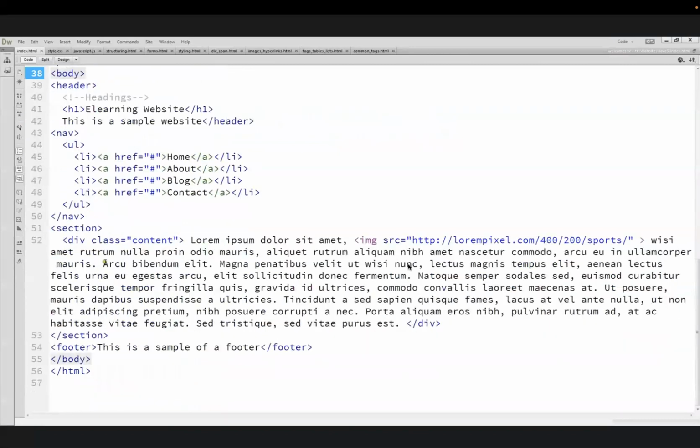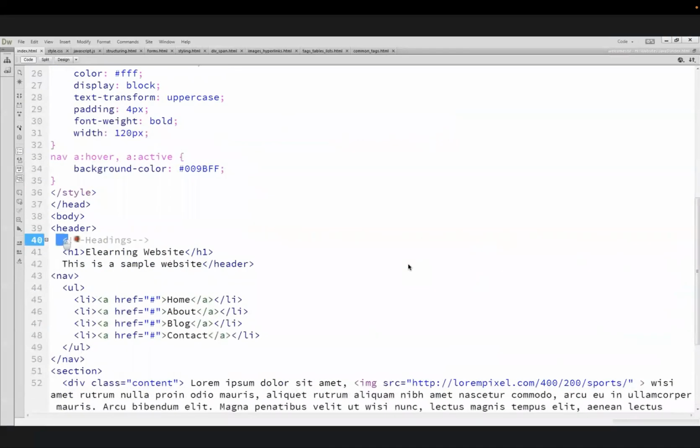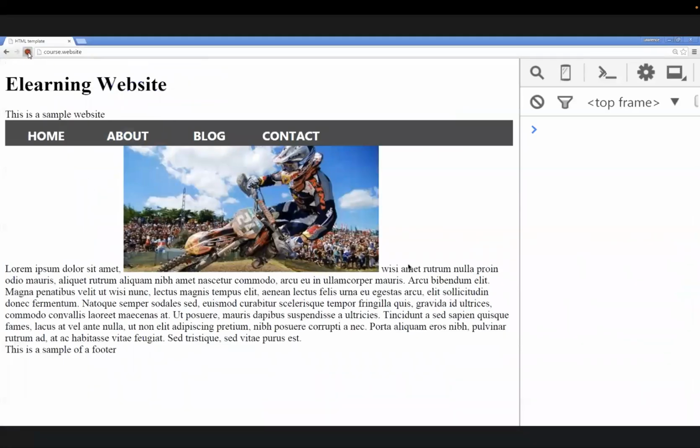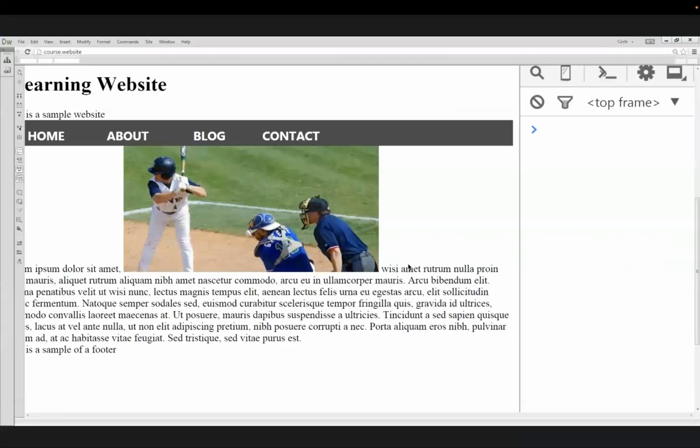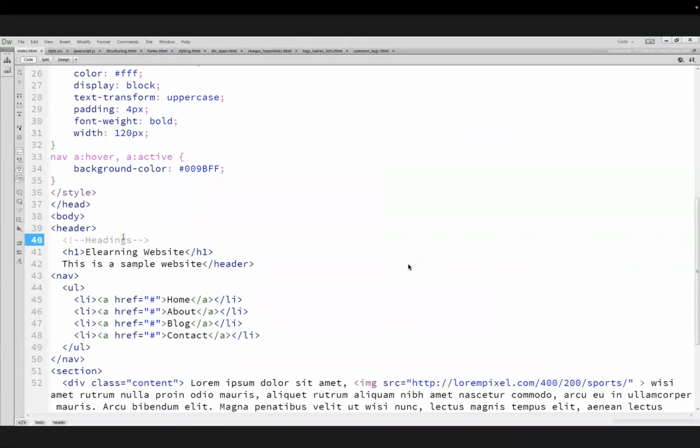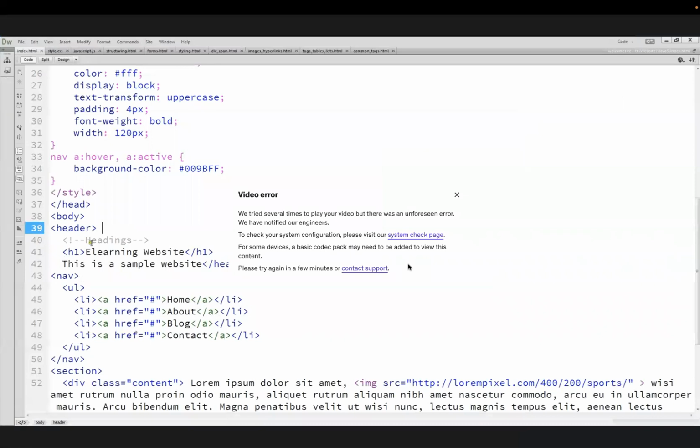And then we've got our body here, and footer, header, navigation, and this is our main section that contains our content. And then we've also got a div with content here as well. And over here, you might notice that I've got this kind of grayed out text. And when I go over to the website, we see that that's actually not showing up. So this is a way to add in comments, and this will help guide you as you're developing, to give you some documentation and information about